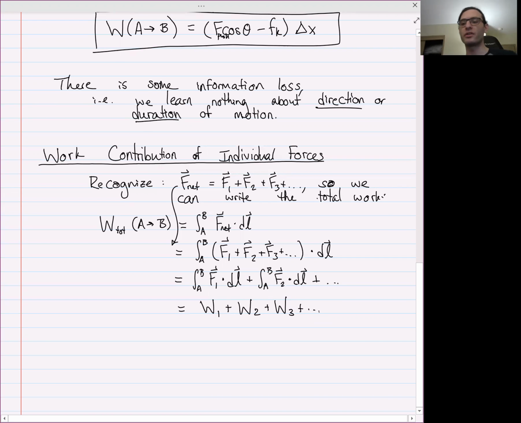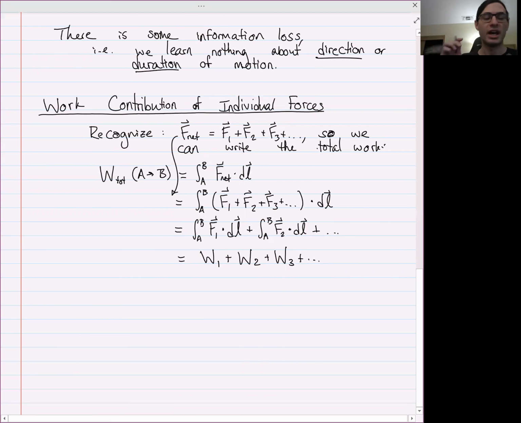So this is all just to say we can decompose the total work, which is just the net force dotted into the path and then integrated, into the work done by individual forces, and then the total work is just the sum. And the reason why this is helpful is, for example, if the ith force, so maybe it's the 5th or maybe it's the 19th, if the ith force is always perpendicular to the path,